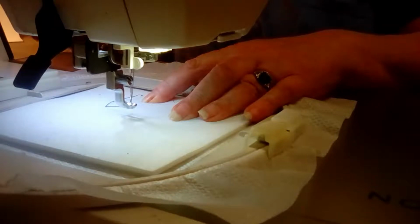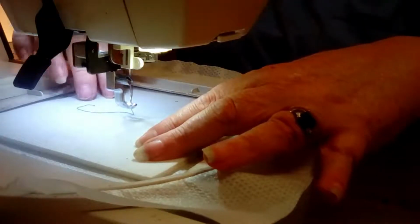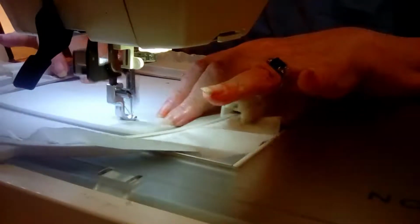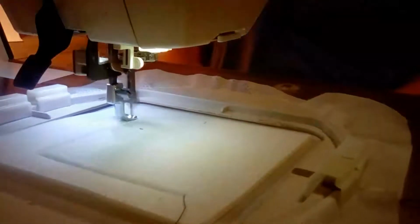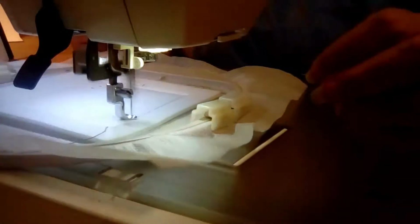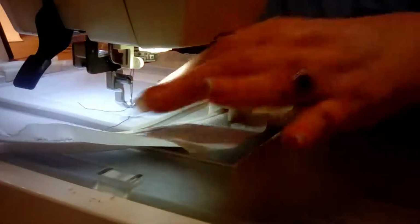I'm going back to the program now. So this is the first step, which is in red. And let's just do that one. Now this will be a much finer stitch because this is a programmed in stitch. Okay, now,